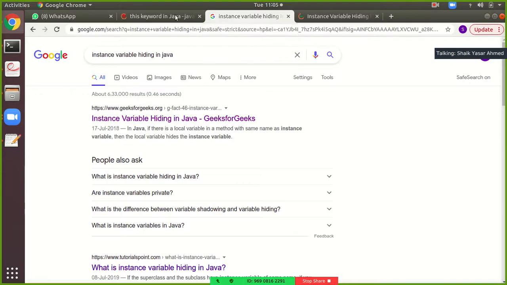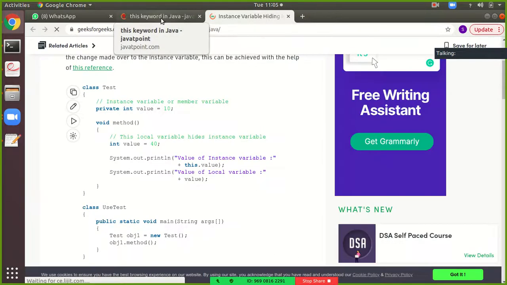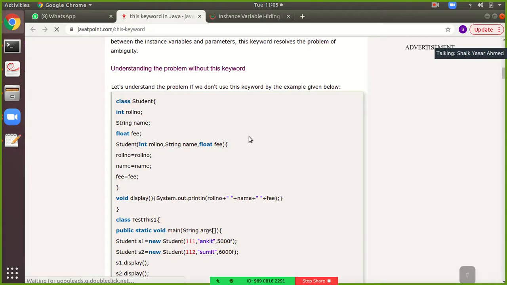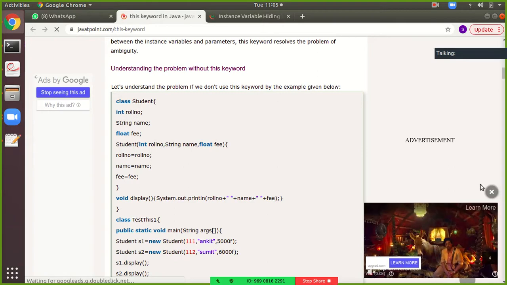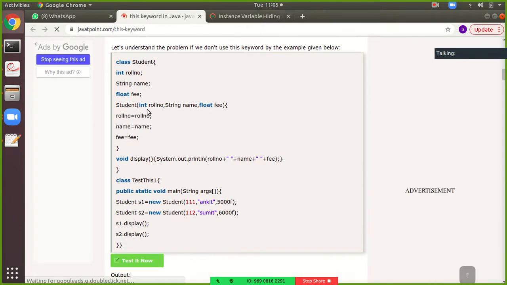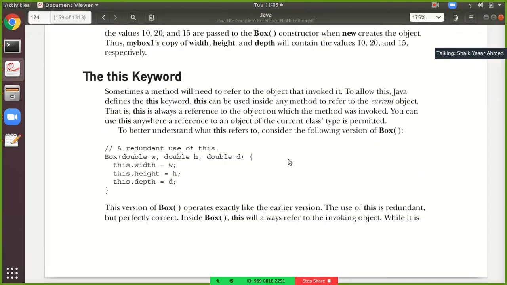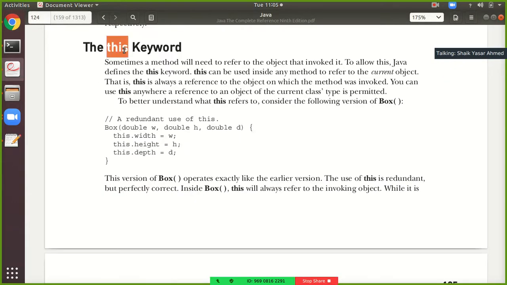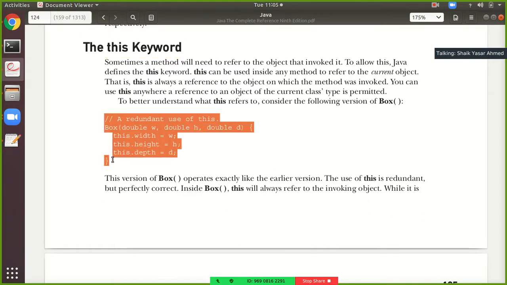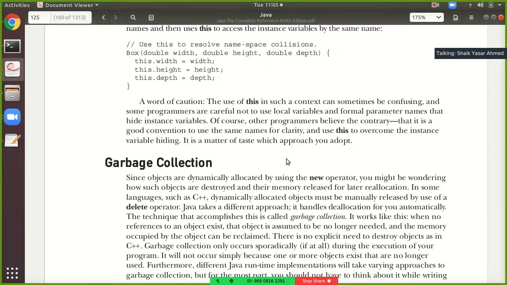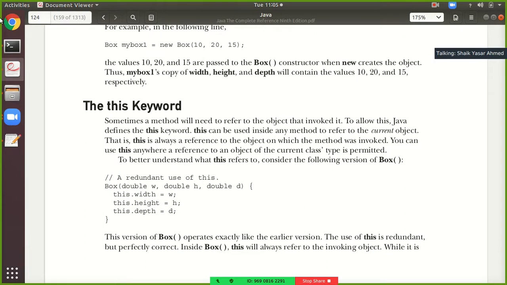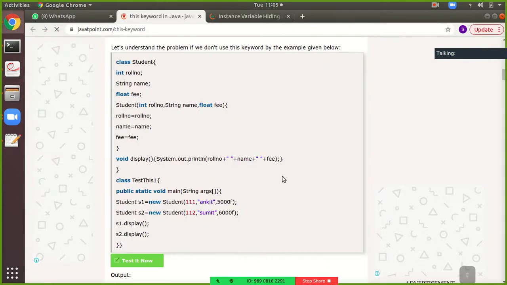See, students, for right now these two topics I'll finish, and after that, if time permits, I will explain the other topics also. You all can observe here. So from where I have to start? That is this keyword. What is the purpose of this keyword? Directly only theory is there in the textbook. You will not understand it if you read it by yourself. So for that, I want to explain this with an example which is available here on the internet.